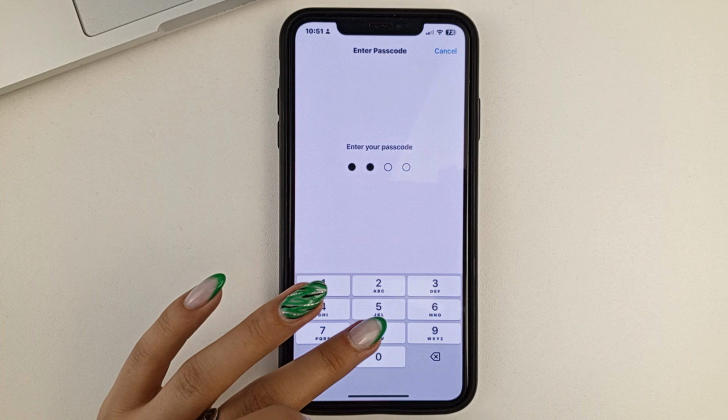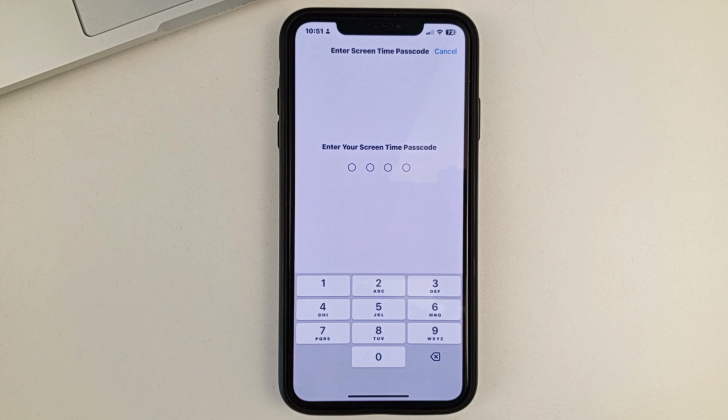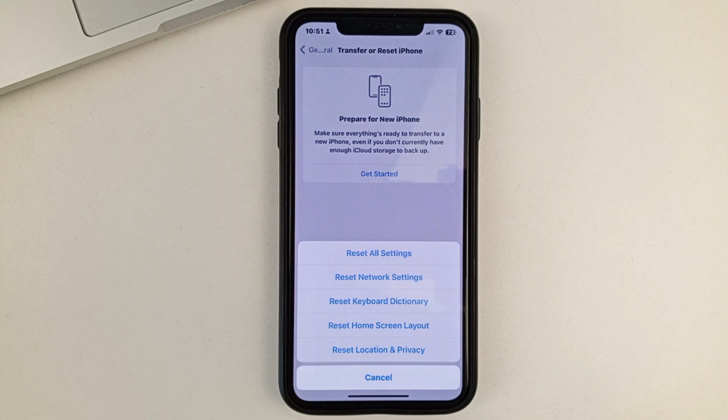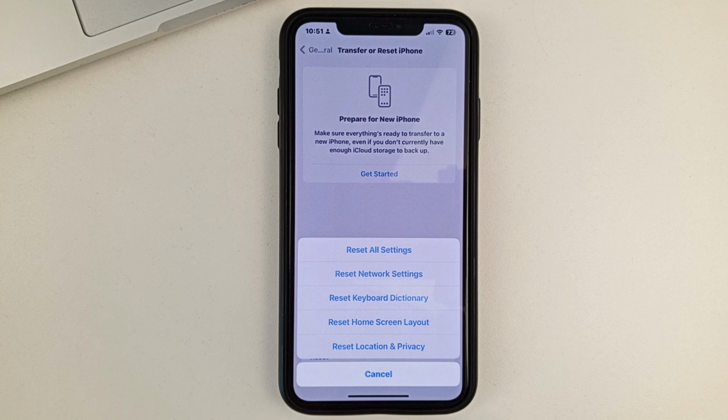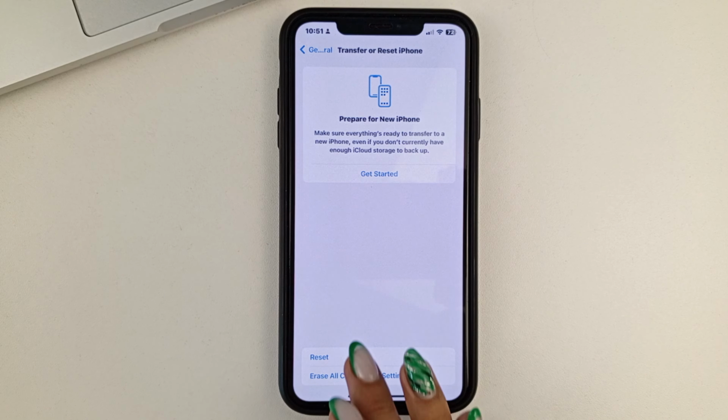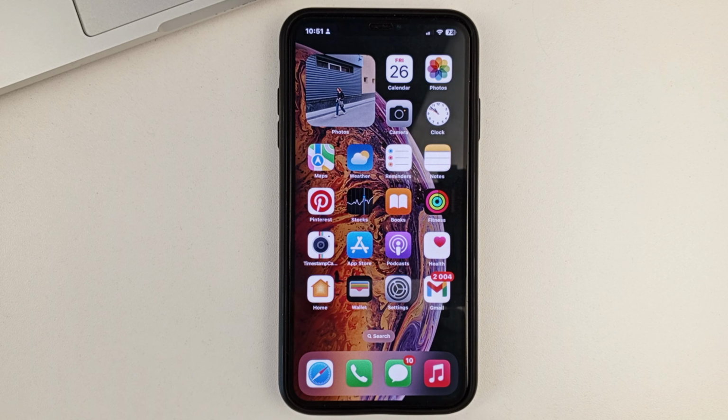Then enter your phone password, or let's say your Apple ID password. And then confirm your actions. You will reset the keyboard dictionary. Only in this way, friends, you will be able to reset your keyboard to factory settings and see it in the state it was originally in. This is the way, friends, you will be able to reset your keyboard settings on iPhone.